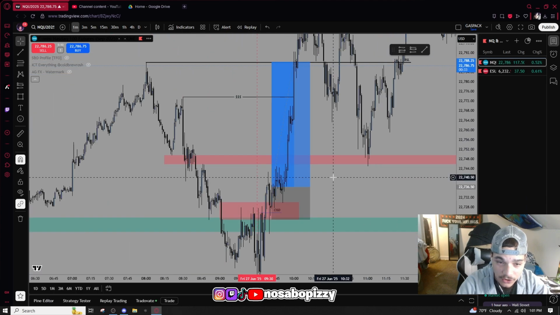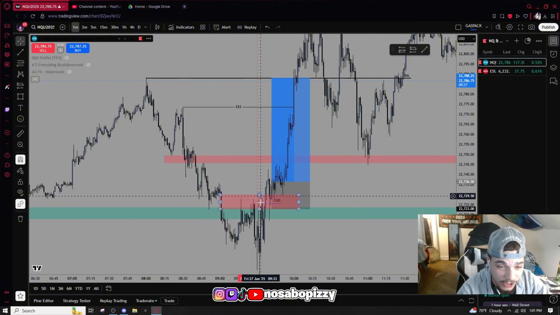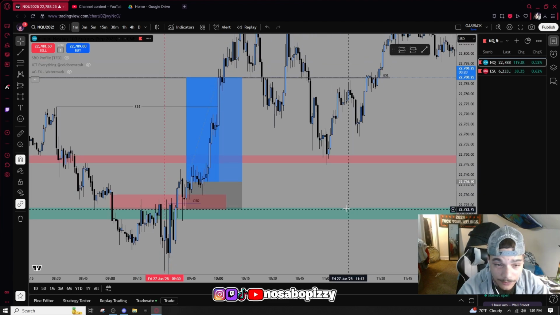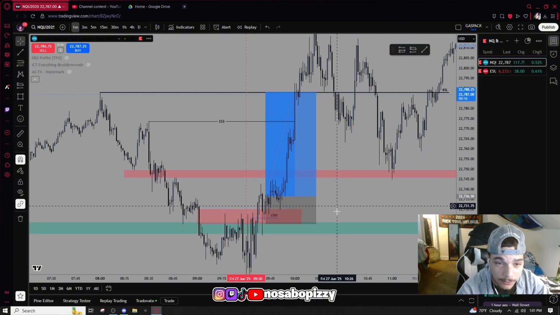So we see all that. We see London lows get swept. 1 hour bullish fair value gap gets held, and then change of state and delivery on the 1 minute. Pulls back into the change of state, still holding that 1 minute bearish fair value gap, or inversion, I should say. Inversion of the bearish fair value gap.